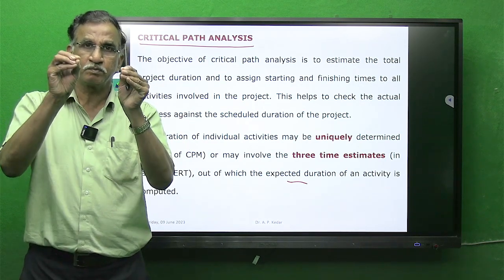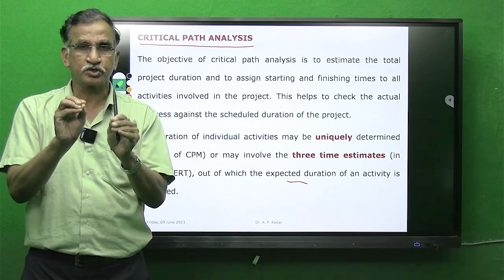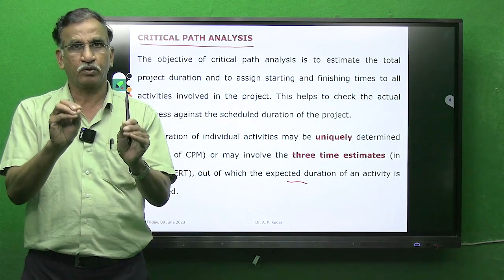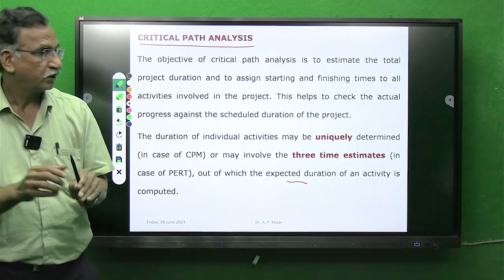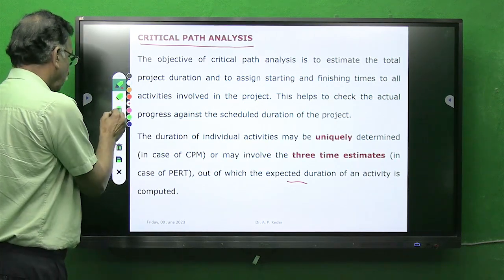Critical activities must be completed within the stipulated time, whatsoever the case is. Got it? So, the objective of